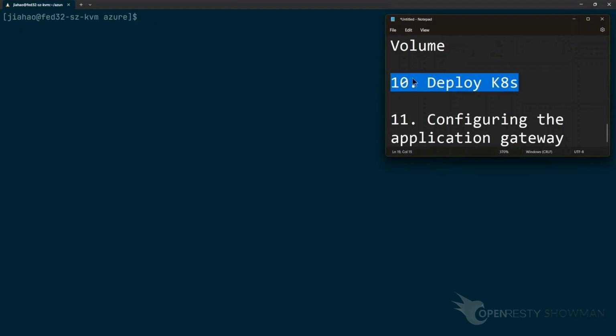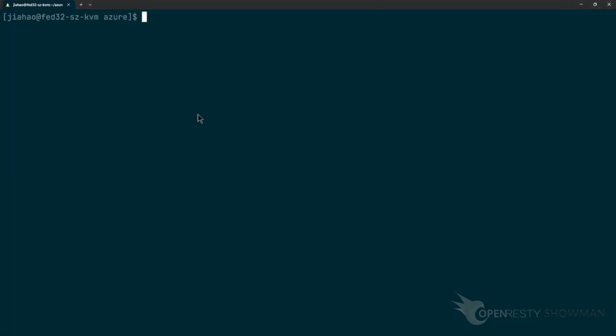Step 10. Deploy the Kubernetes service. Here we use the command kubectl apply to deploy the Kubernetes service.